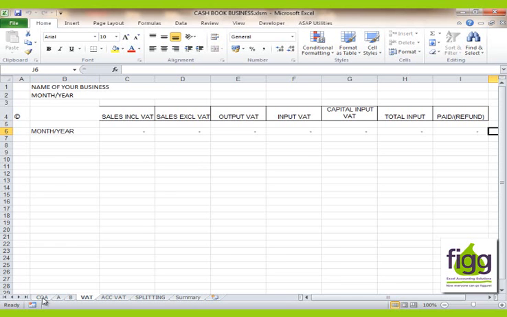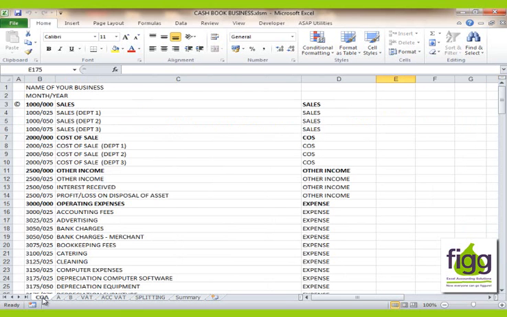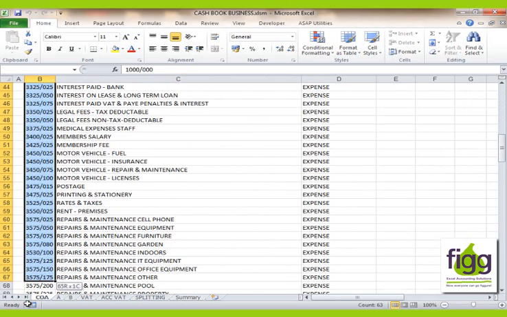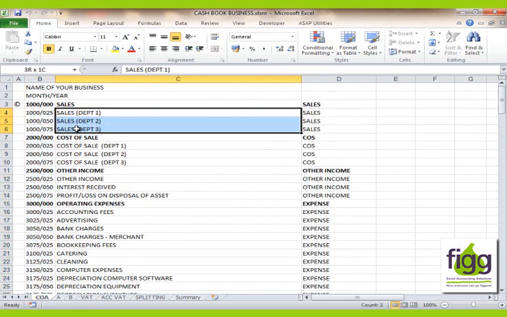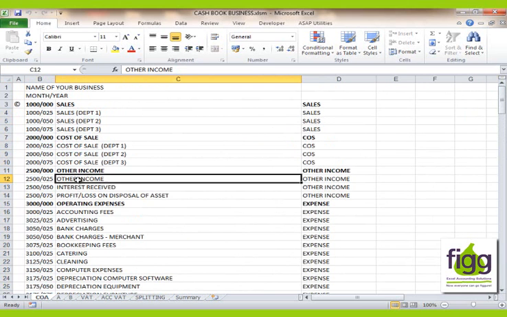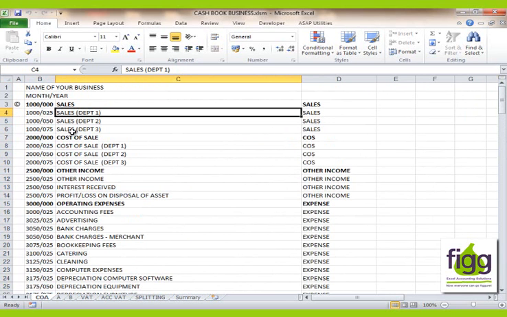The chart of accounts that comes with a Cashbook for Business is all editable to suit your requirements. You can renumber the actual numbers of all the accounts in the chart of accounts, and you can rename all the accounts within the chart of accounts to suit your requirements. Any changes that you make to the chart of accounts will automatically update to the relevant worksheets in the rest of the file. For example, if you change that account name to Commission,